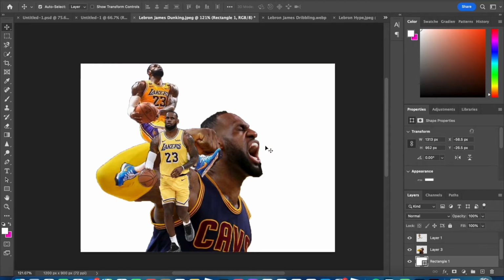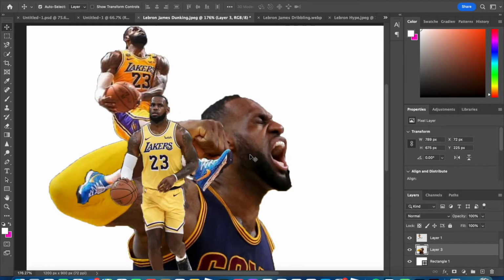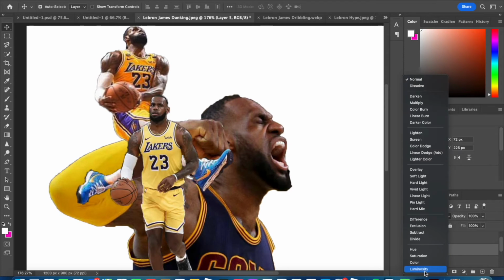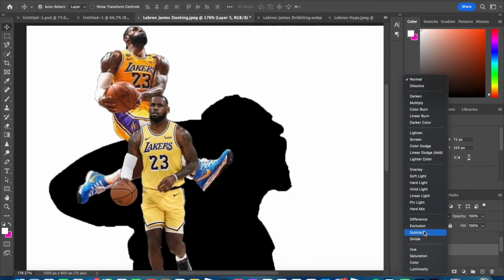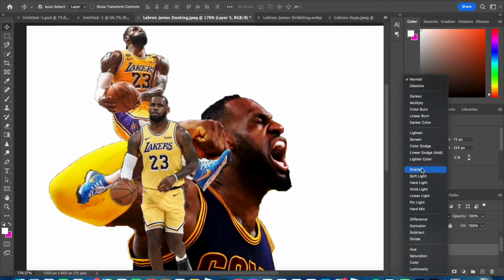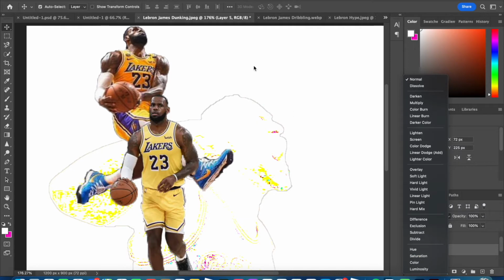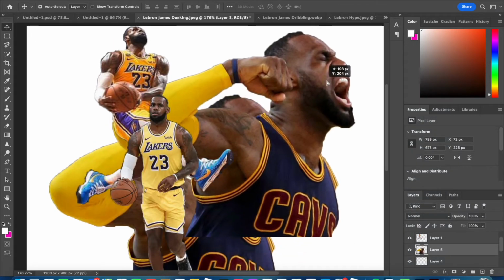Now, what I want to do is I want to have the very back image of LeBron getting hype. I want that to be black and white. So I'm going to copy, create a new layer, and now I'm going to paste, and I'm going to mirror them on top like that. But what I'm going to do is I'm going to apply an effect, you know, to add emphasis to the image. So if the effect I want to use is not here, usually I use hue and saturation. What you're going to have to do is you're going to have to